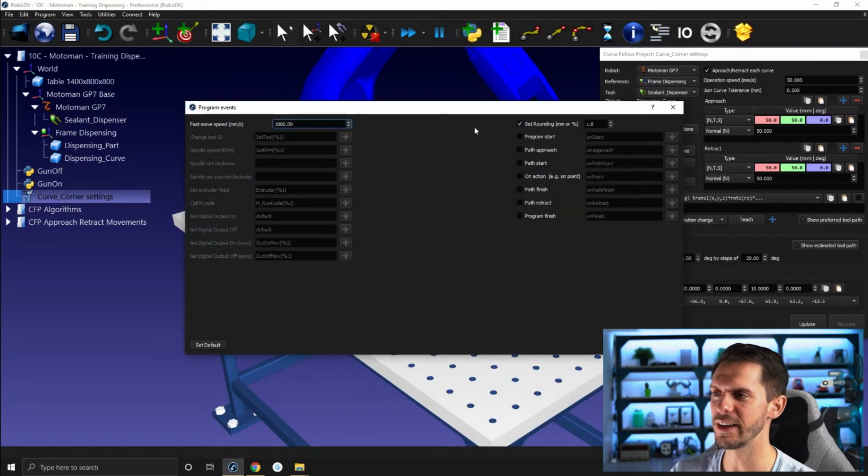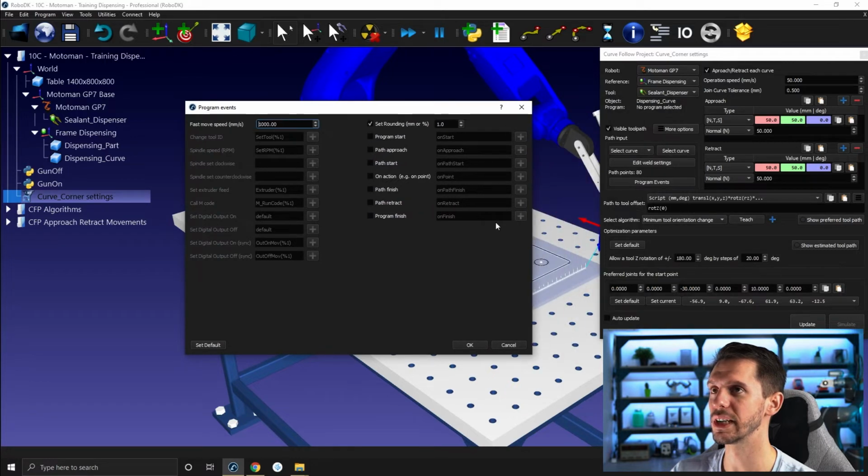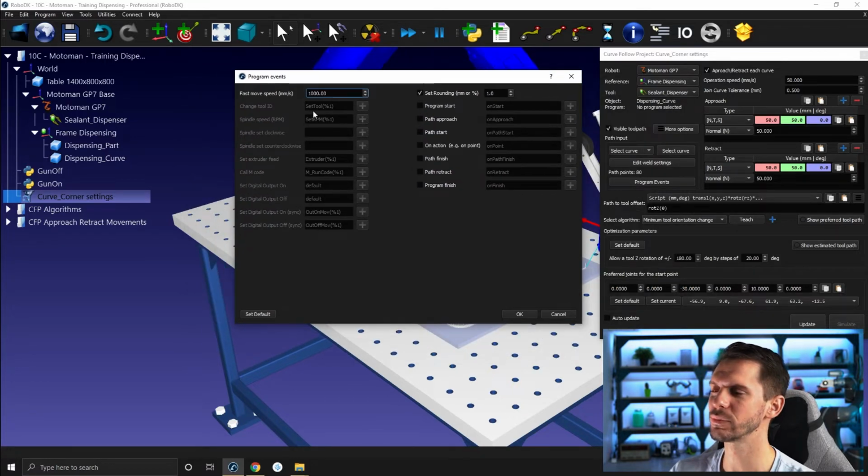Now if you click on Program Events here, you can reduce the size of this window here. We'll talk about that when we talk about robot machining project. We'll talk about that when we talk about speed and rounding in the next video. But here, let's concentrate on this block of options here. You have the option to automatically add either a program call or a specific instruction to your program by activating one or many of these options. So you can either select program start, path approach, path start, on action, so on each point, path finish, path